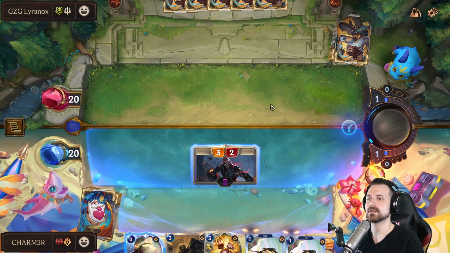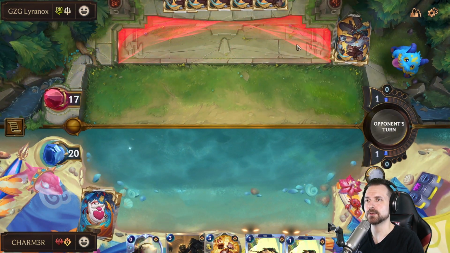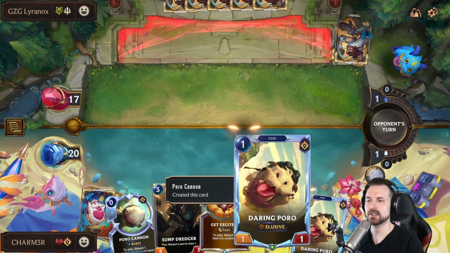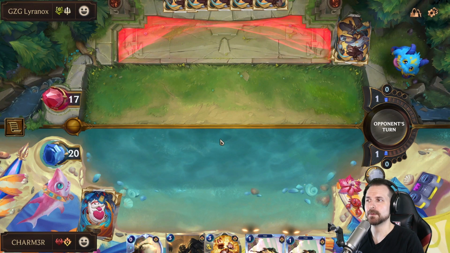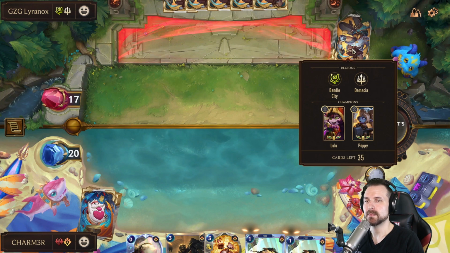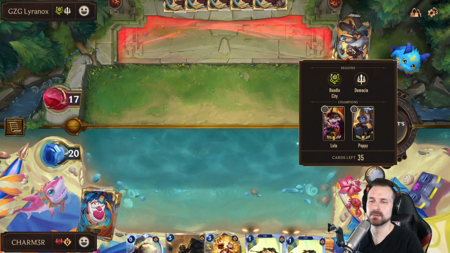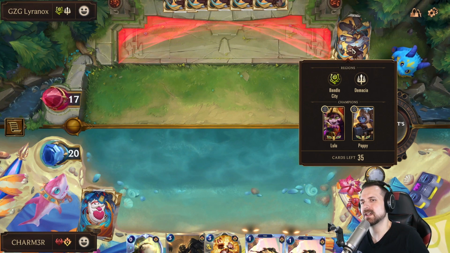I think we just take the 3. Because if we see Bandles here, we have to assume they've got some sort of 1-drop. And so we could have been greedy and played the Poro, but if we have a free 3 damage that we can take against a deck that we assume with Poppy and these regions, you have to assume one of 2 things, right? You have to assume either they're playing Bandletree, in which case they likely still have a bunch of cheap options,